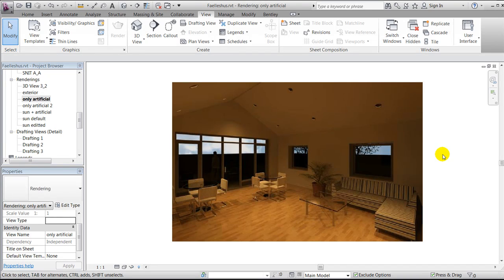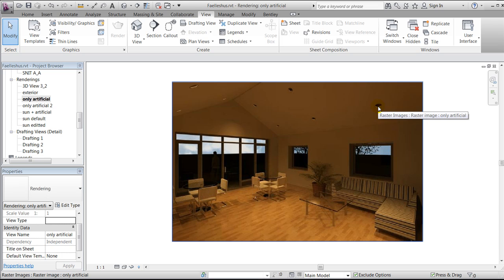So you can see it takes less time to render either sun only or artificial light only than combination of those two. But you might think that this picture is a little bit too dark. You can again try to adjust exposure and make it brighter, but you could also